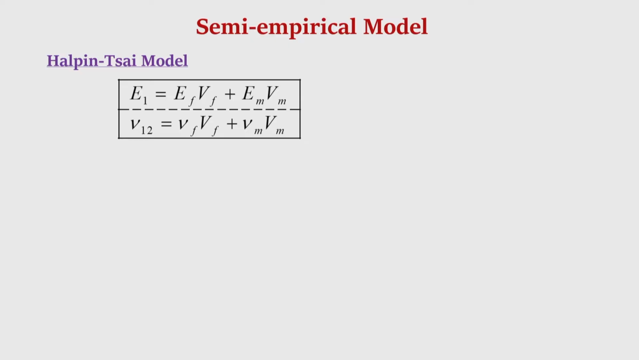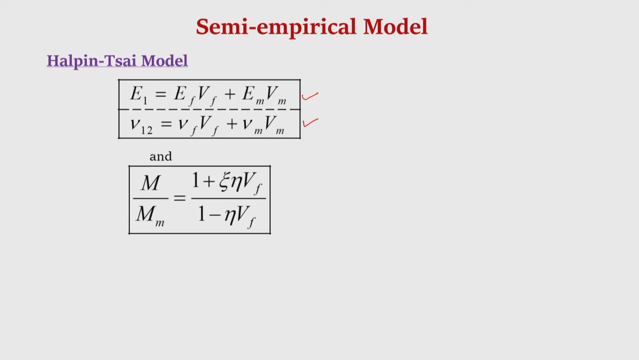Now, in the Halpin-Tsai model, the longitudinal stiffness E1 is EF VF plus EM VM, which is exactly the same as what we obtained in the mechanics of material approach. Similarly, the major Poisson's ratio mu 12 is also mu F VF plus mu M VM, which is also similar to what we obtained in the mechanics of material approach. However, for transverse properties,